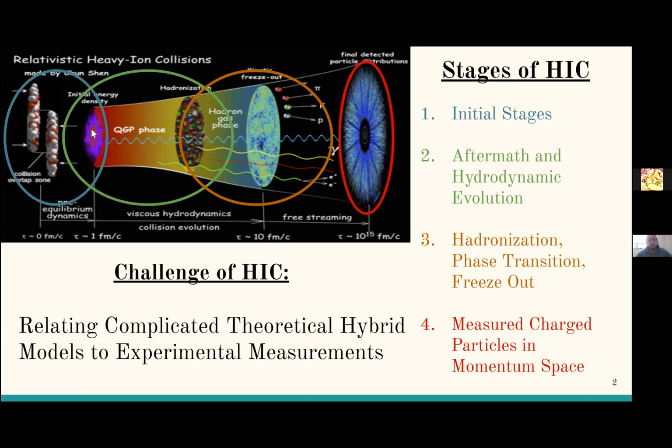That's done on purpose, actually, because there is some uncertainty about where you stop using one model and start using another one. Like, do I include hadron rescattering, and all these kinds of questions, right? And they're disconnected fundamentally from this red circle here, which is what we measure experimentally in charge space at the end of the day. It is fundamentally disconnected from our theoretical modeling. So the real challenge of heavy ion collisions is relating these complicated theoretical hybrid models to the experimental measurements, which are somehow fundamentally disconnected from all this, because one can never measure any of the stuff that's going on there, right?